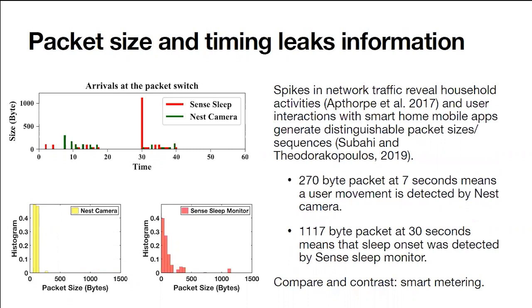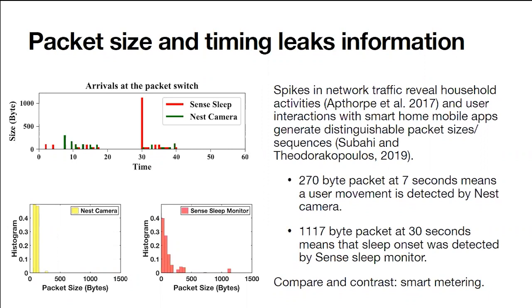People have looked at this before. This is not a novel finding, not my finding either. And also, your interactions with the smart home mobile apps also generate distinguishable packet sizes and sequences. So two concrete examples are, I think, in this figure,